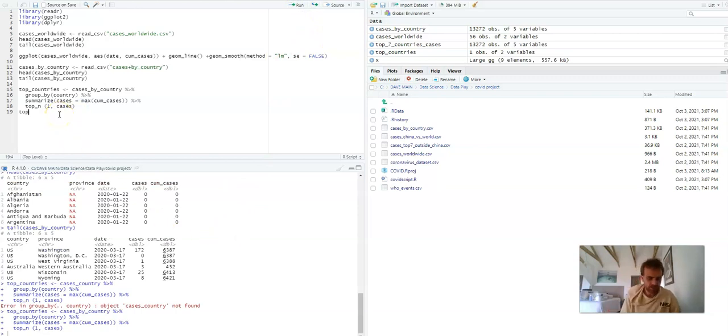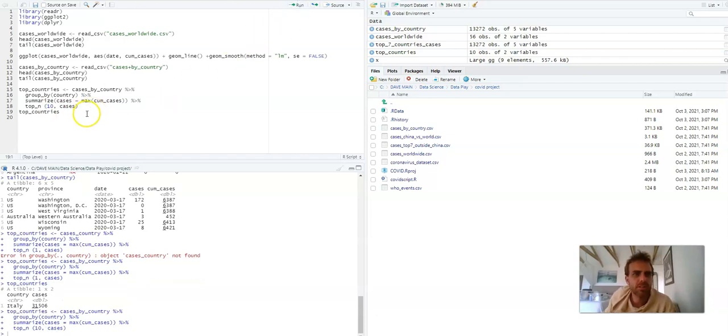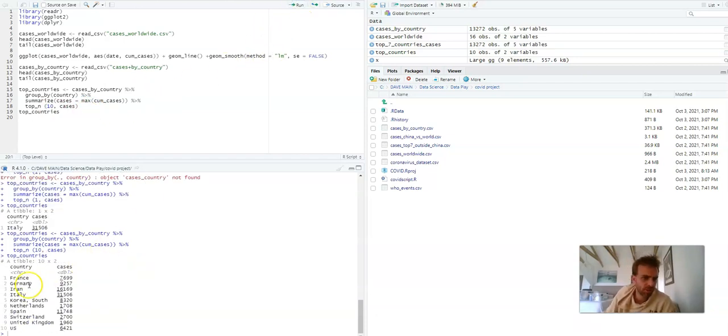So now let's actually call this top countries. So here we see over here top countries. Oh, I just picked one. Let's do 10. Let's actually do the top 10 countries. Let's run that function again. Okay, here we go. So according to this data set, up until March the 17th,